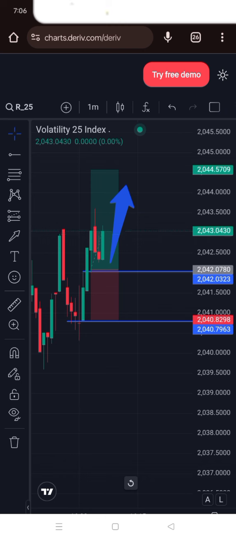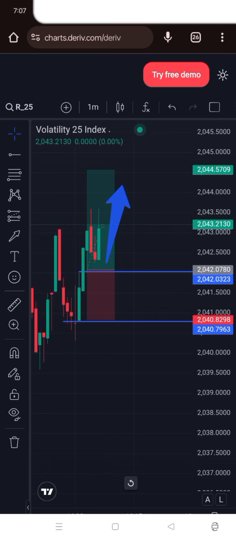So despite any movement from here, what I know is that the candlestick won't pass my stop loss. You can see it's trying to push the market up, and I will exit completely after we reach our take profit. So guys, if someone would have taken this trade at this area, they would have seen the